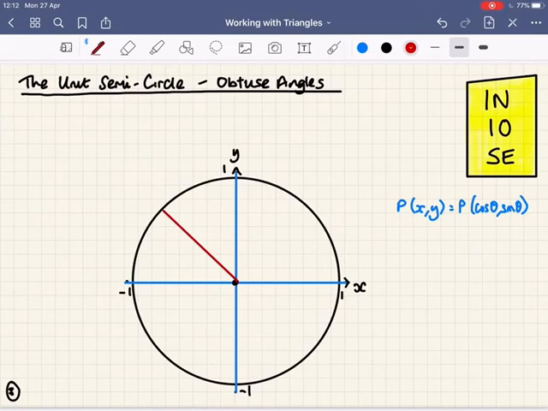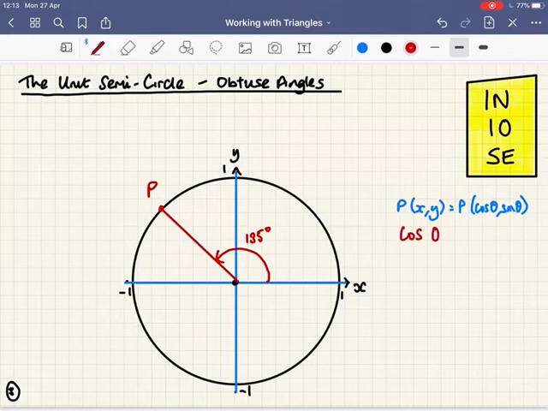But of course, angles don't just live between 0 and 90 degrees. There are obtuse angles, there are bigger angles, and here in this example, I've created an angle which is bigger than 90 degrees. Let's imagine that angle is 135 degrees. How do we use that to tell the values of cosine and sine? Well, one thing we know at the point P here, we know that our cosine